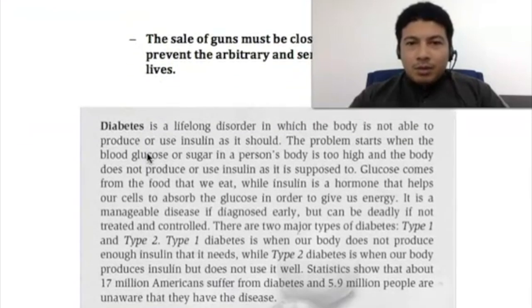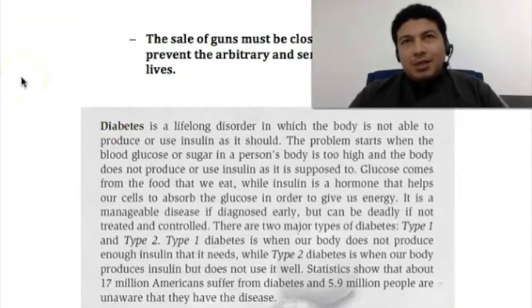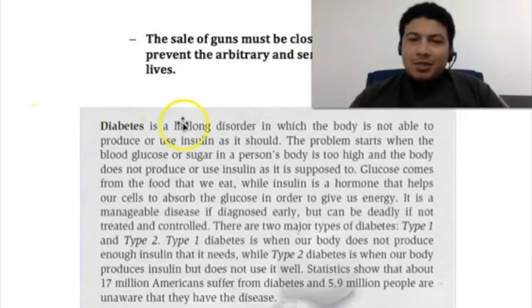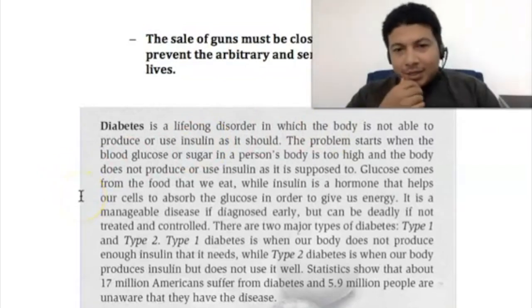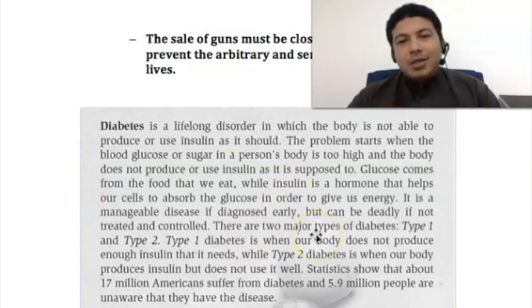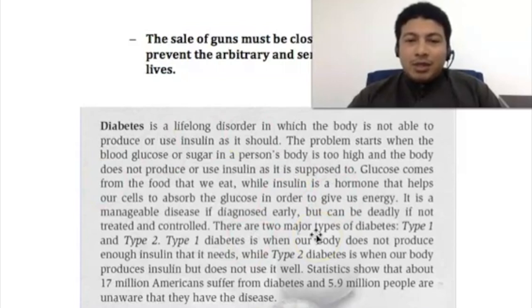What about the second paragraph? Can you pause the video and think what is the implied main idea of this paragraph? So we know that the topic of this paragraph is diabetes, and the stated main idea is that diabetes is a type of disorder, a health problem, where the body cannot produce insulin. But the implied main idea is what the author of this paragraph is trying to tell us, we can guess, that he or she is trying to tell us that